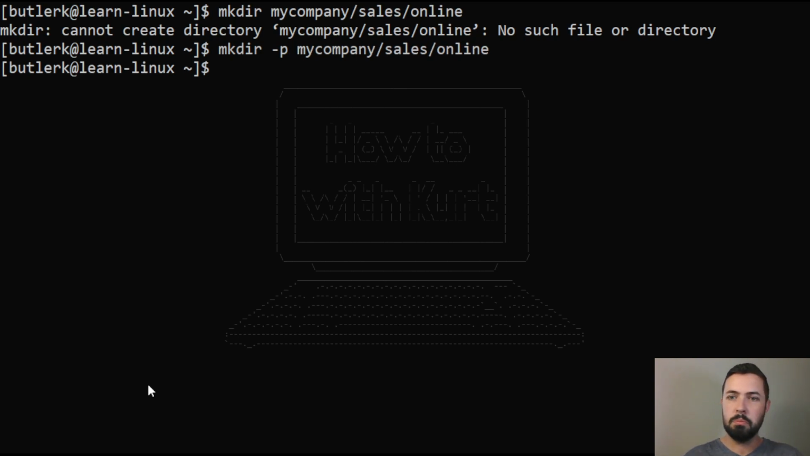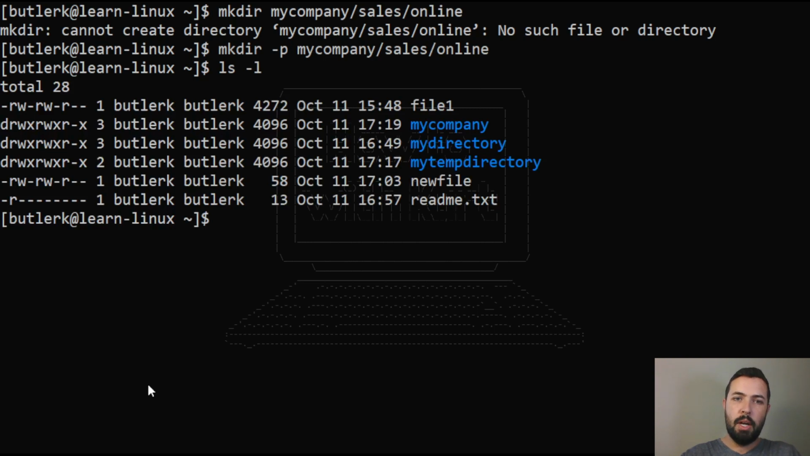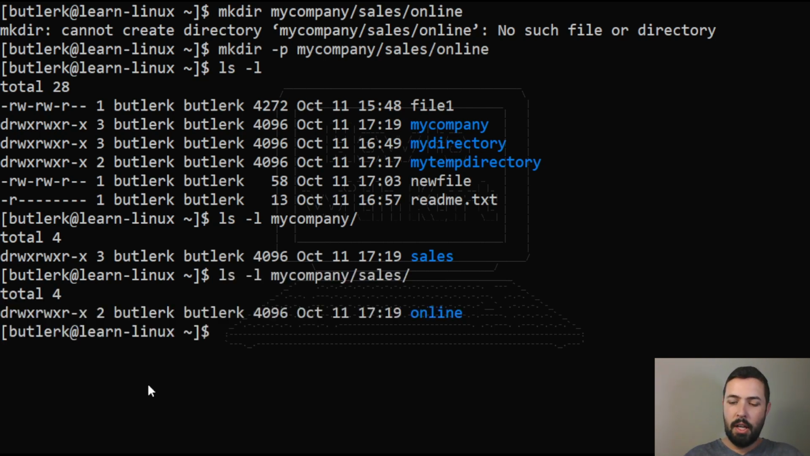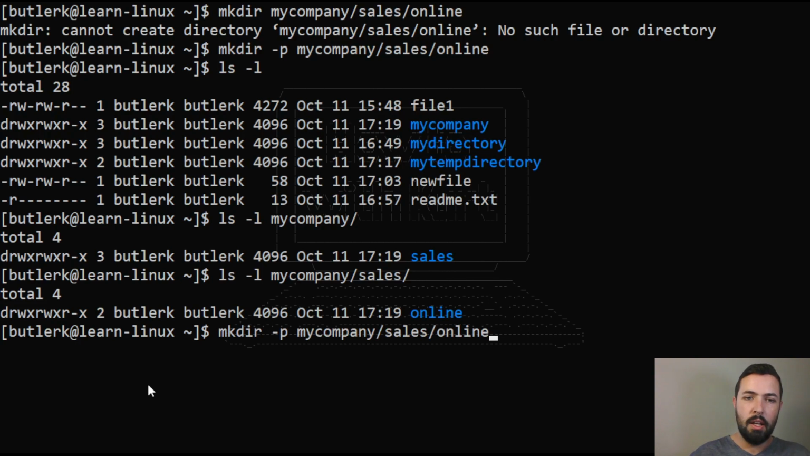Now when I hit enter, the command prompt comes back. If I do a listing, I see my company. If I do a listing of my company, I see the sales directory. And then if I do sales, I see online. And now I can do the same thing again. I technically at this point don't need the -p, but what I can do is